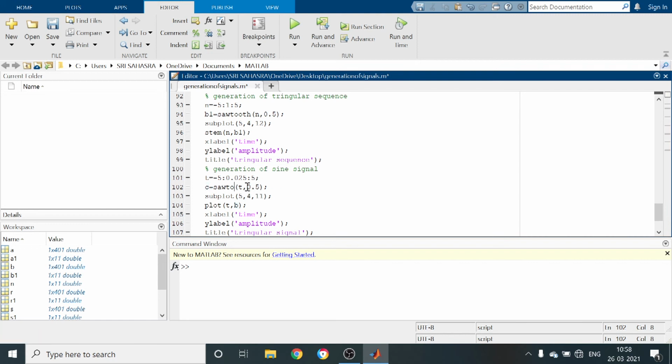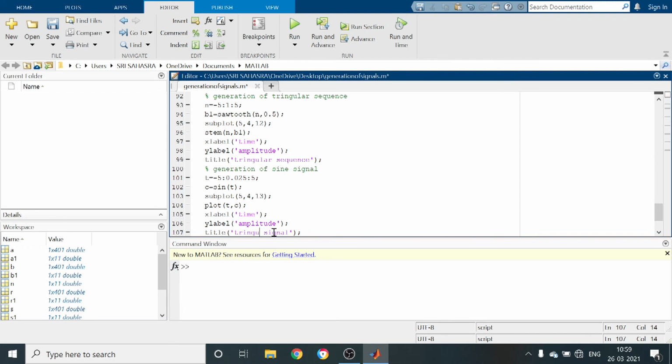Which signal do we have to generate? Sine signal. In order to generate the sine signal, we can use the direct command sine of t. We have to write simple sin. This is 5 comma 4 comma 13th position, plot t comma c.